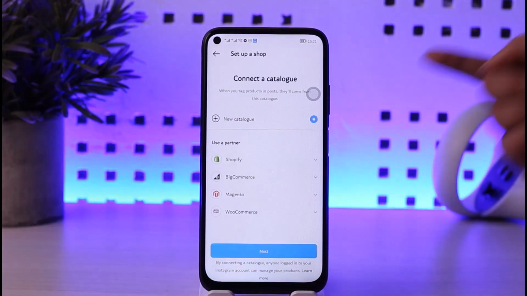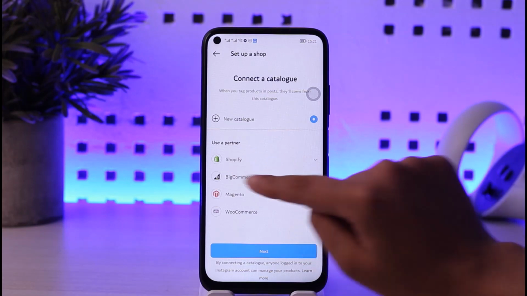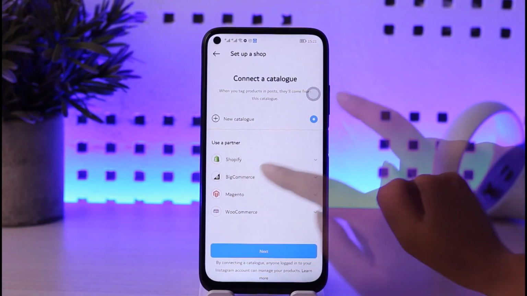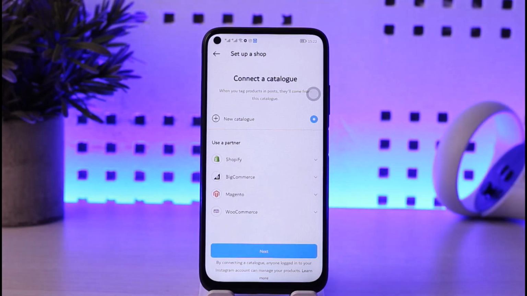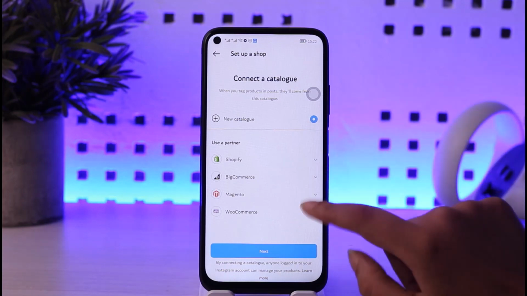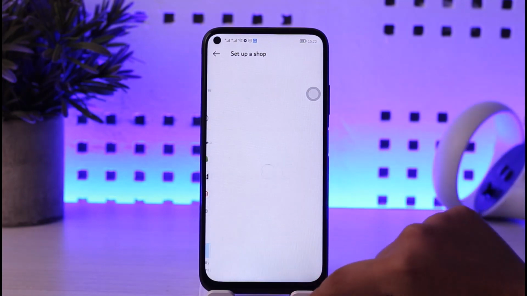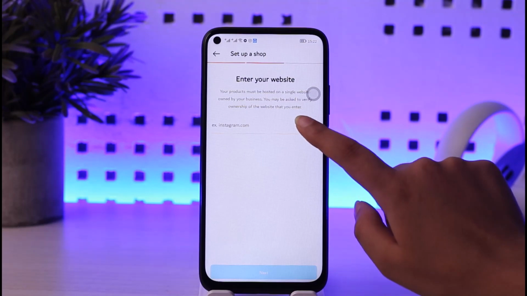You will have to make sure you click connect, and then you can see this option called use a partner, new catalog, and then you can go ahead and choose a person. These are the options available for you to open a shop and to link with. We can choose any of them, and then tap on this next option, and you will have to enter your